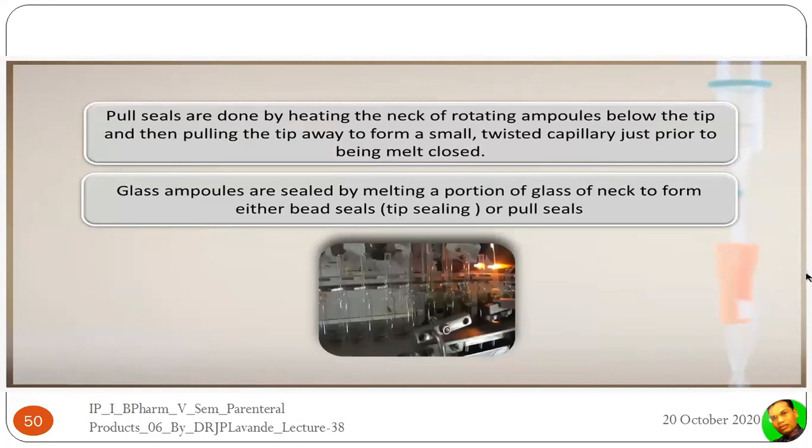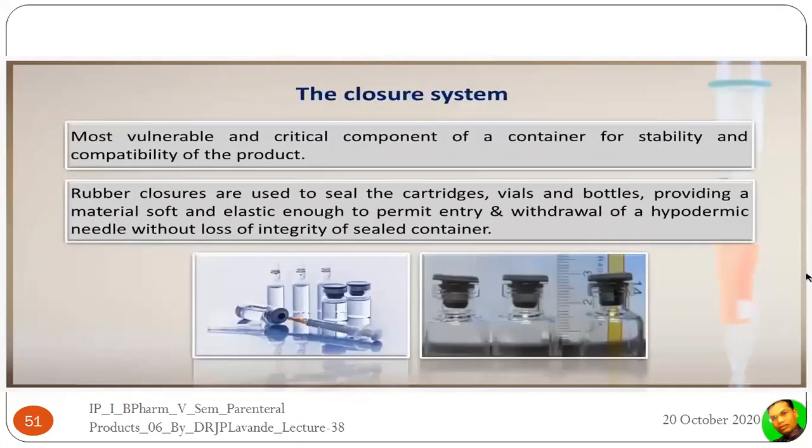And the glass ampules are sealed by melting a portion of the glass neck to form either a bead seal, tip seal, or pull seal. The closure system is the most vulnerable and critical